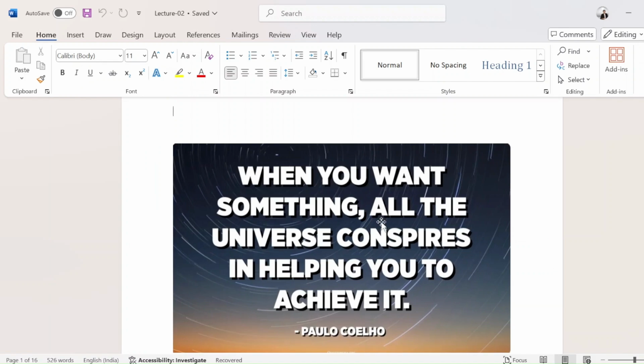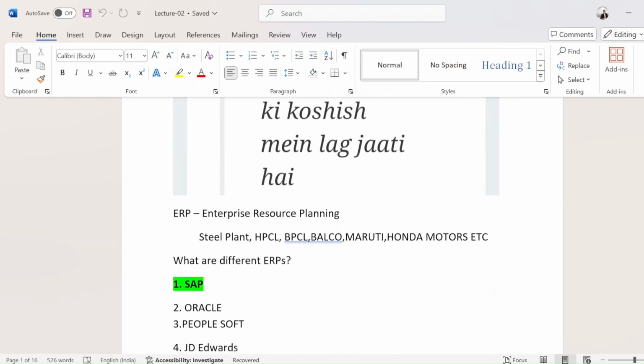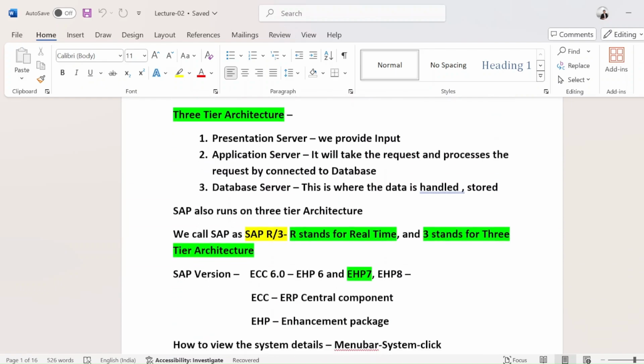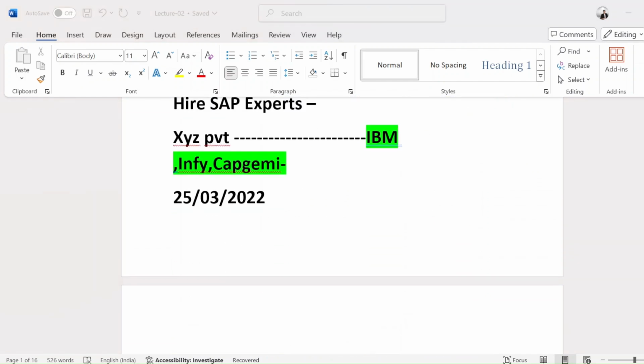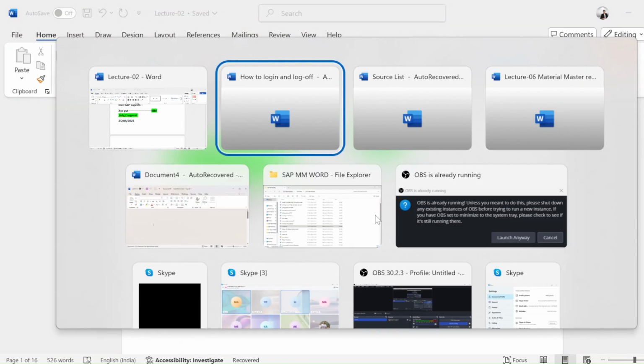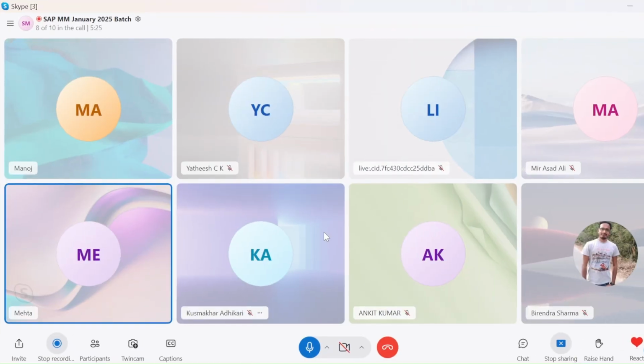Anyone else? A consultant is the one who is going to guide. They are experts. They will guide, and end users are the ones who are going to use the system. Good one.